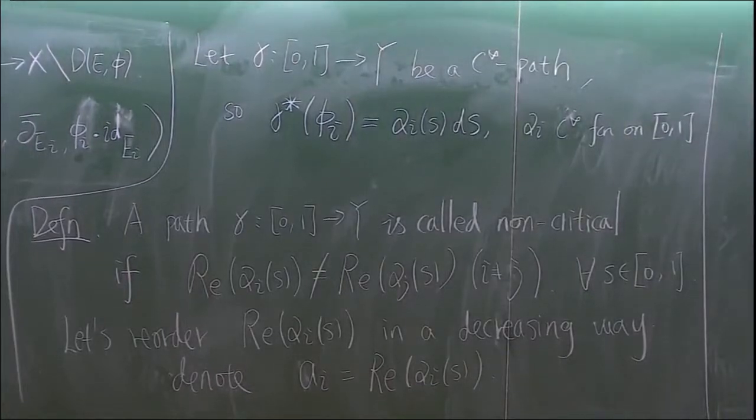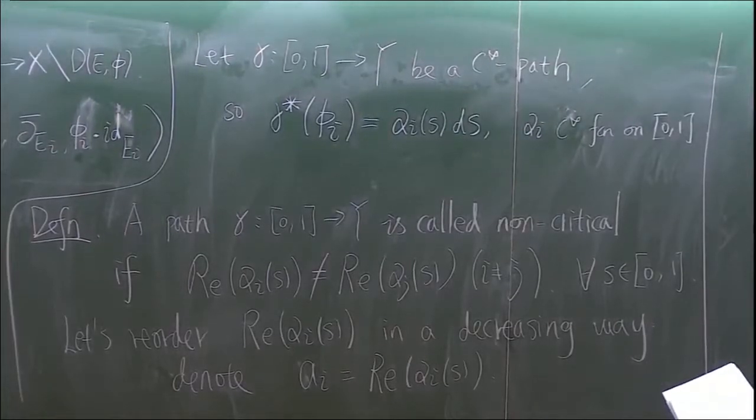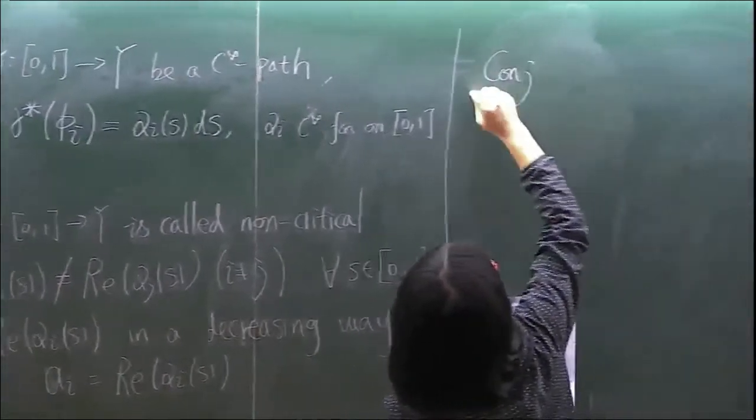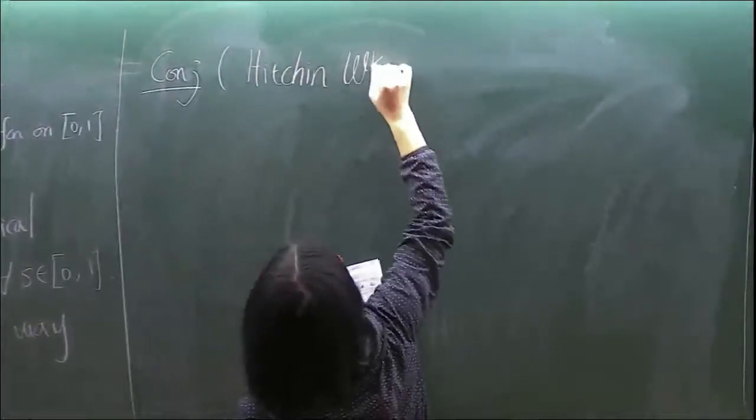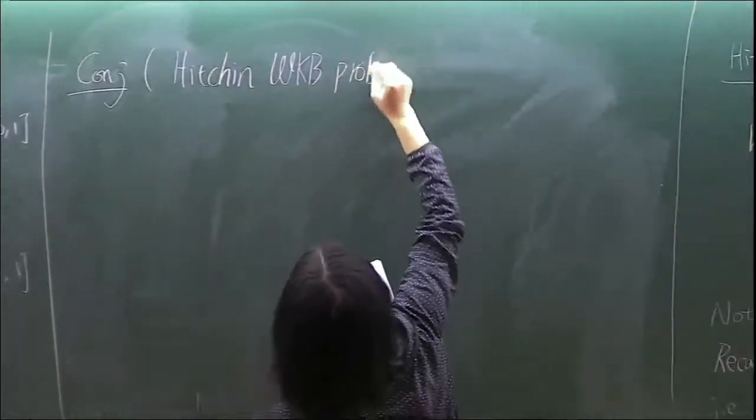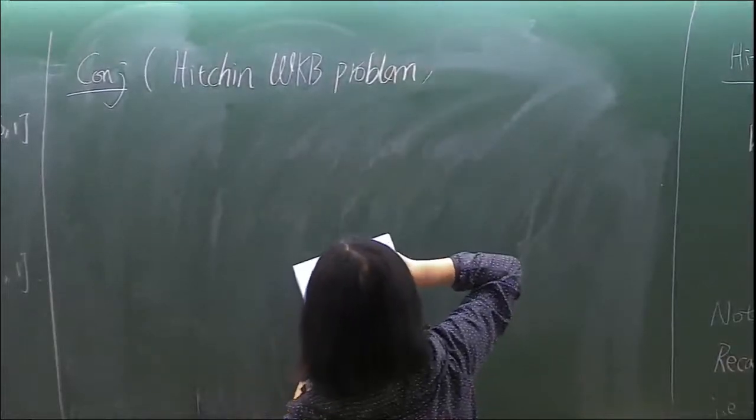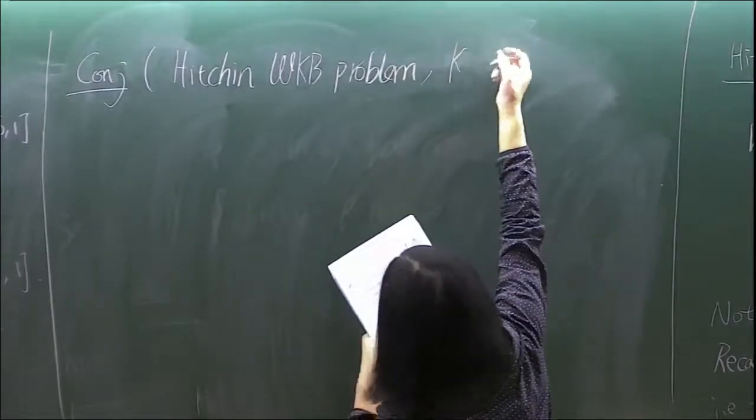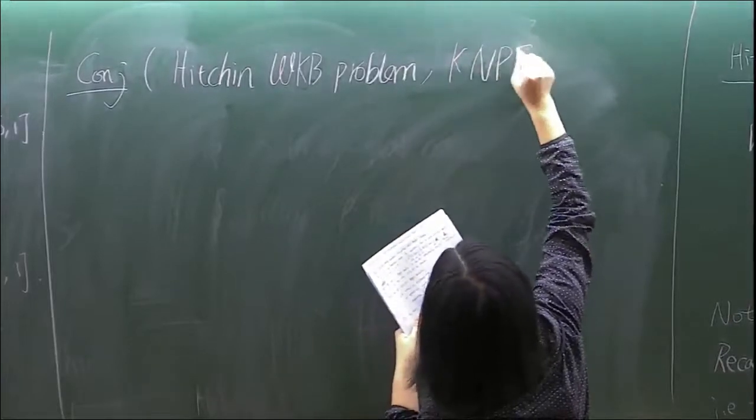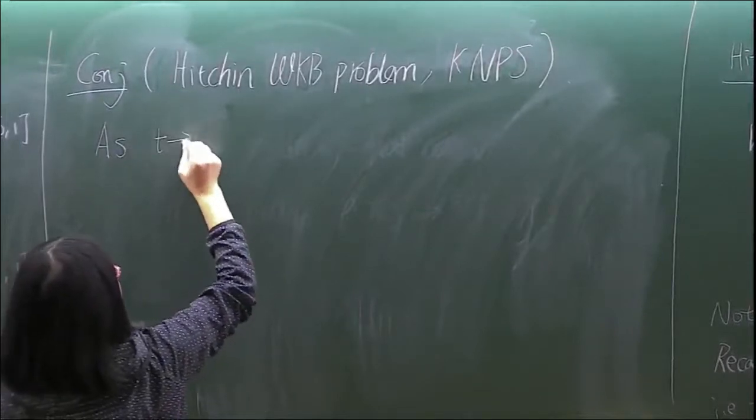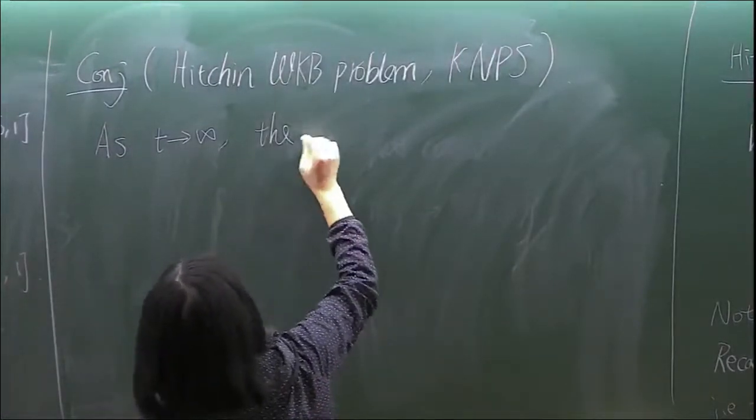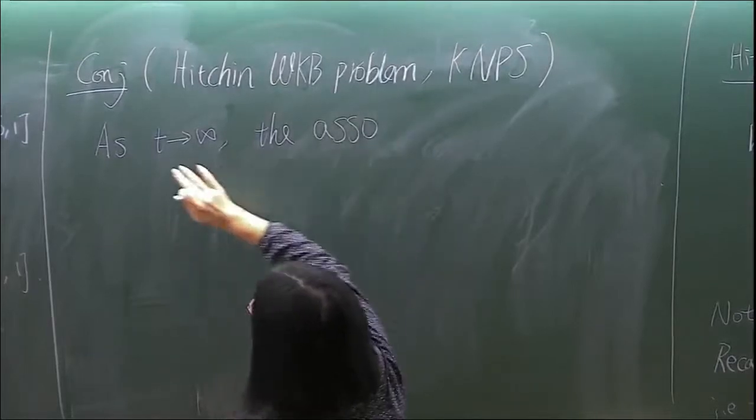So lots of preparation right now. Let's first say the conjecture and explain one more notation in the conjecture. The conjecture is called the heating WKB problem. By Kazakov, No, Pandit, and Simpson, it is saying as t goes to infinity,